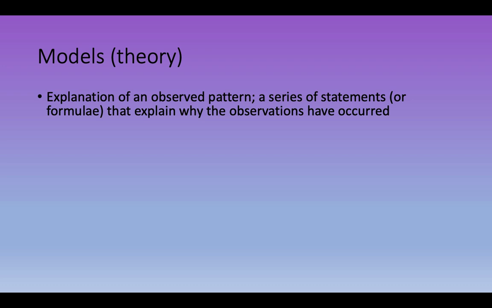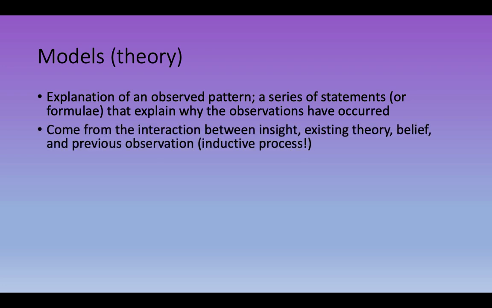What series of statements could explain what I'm seeing? Why does this community look so different where there are these sea stars than this other one? Maybe it's because there are sea stars in this one and not in the other. So I start to think about, well, what's that model that's driving it? How can a whole community be affected by it? Well, maybe there's an important species, a keystone species, that's driving this process.